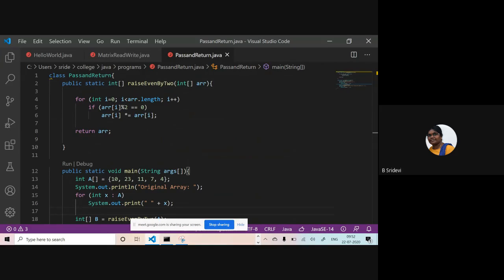Suppose if I am sending a two-dimensional array back, here I have to put two square brackets. Okay, just check this program for some time and we'll go to the matrix operations.